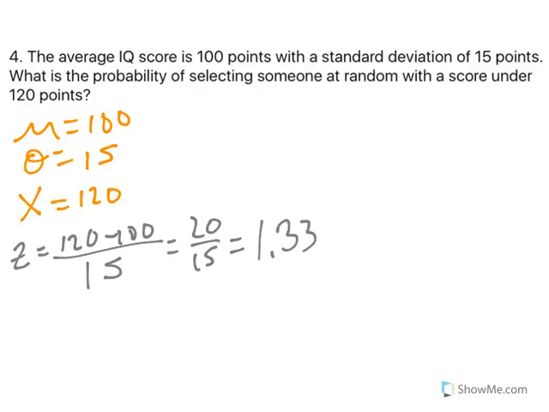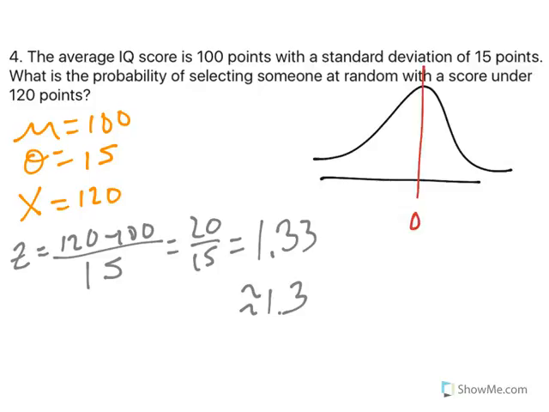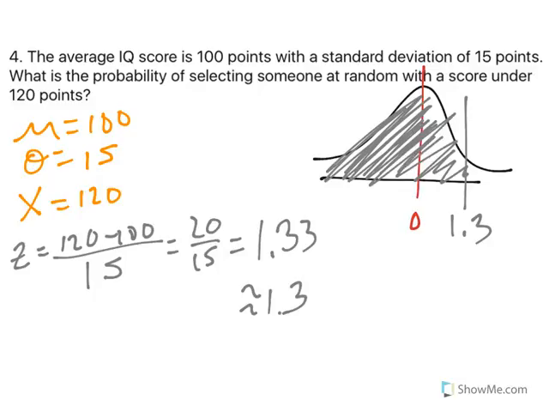Well, that is also not on the chart because we use a very abbreviated chart. So what's closest to that? 1.3. So when I make my graphic here, 0's in the middle, 1.3 is positive, so it's going to be over here. And we want to know somebody less than that, so that's going to the left. Now I know just by looking that this has to be bigger than 50% because the red line splits it 50-50. So when I look at my table and I find 1.3 for a z-score, I end up with